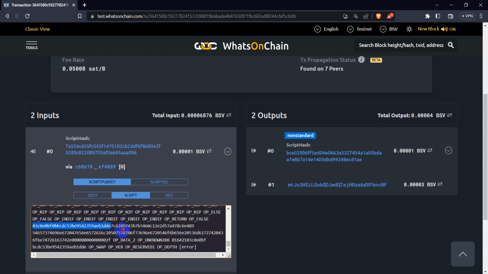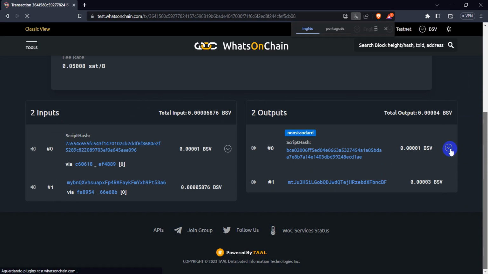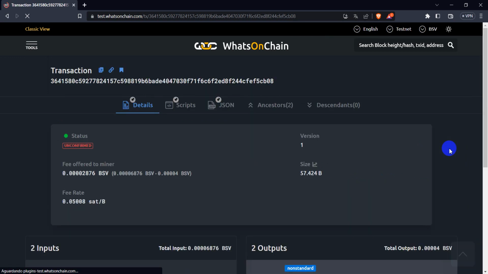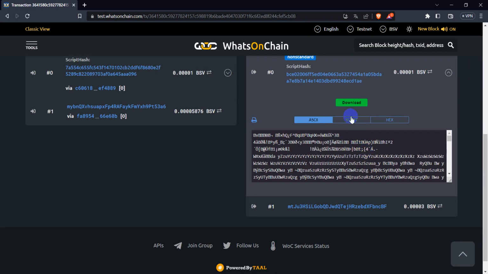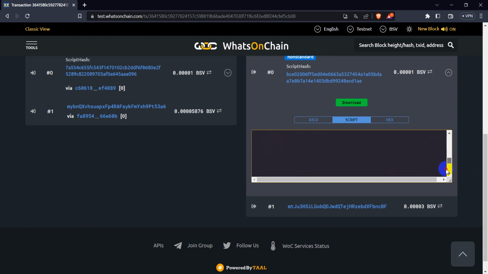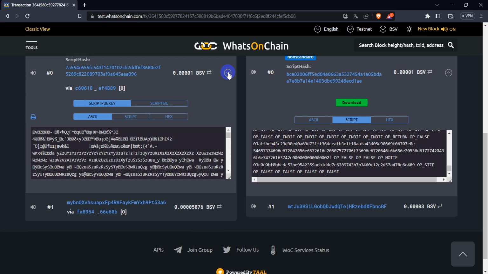The former owner public key, and now the new owner public key. If we compare, we have another public key here that owns this contract, and when this person bought the contract from the previous owner,